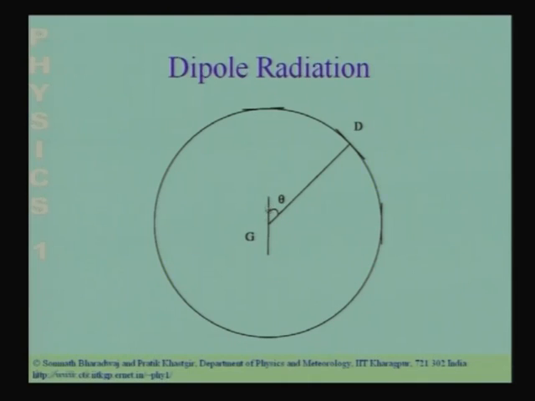So, the component perpendicular to this line of sight is going to go down by a factor of sin theta, and the electric field here is going to be parallel to the component of the acceleration which is projected perpendicular to the line of sight. So, it is going to be along the tangent to the line of sight, which is the way the dipole is oriented. Now, let us again consider another position for the detector.